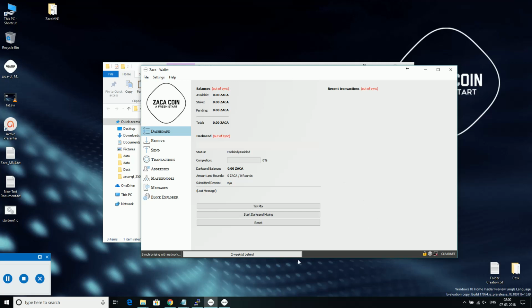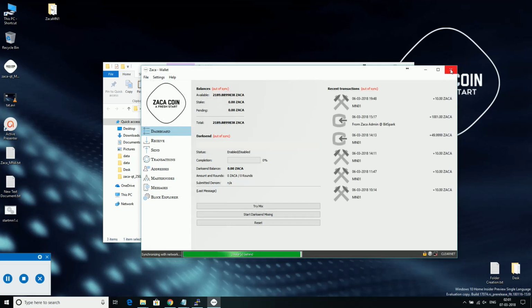You might get this kind of error: zero active connections to ZACA network, and it is not synchronizing actually. In that case, what we do is close this wallet